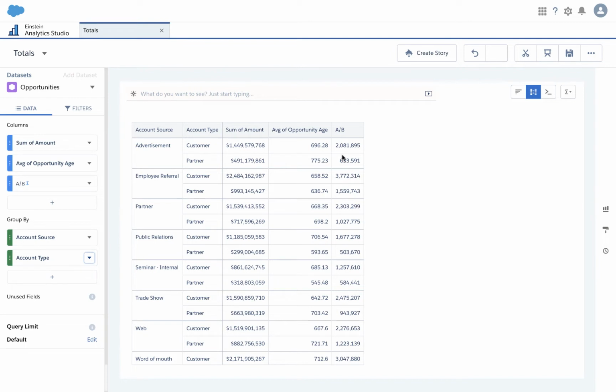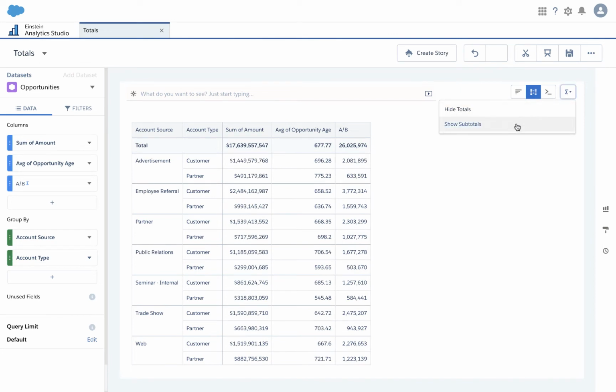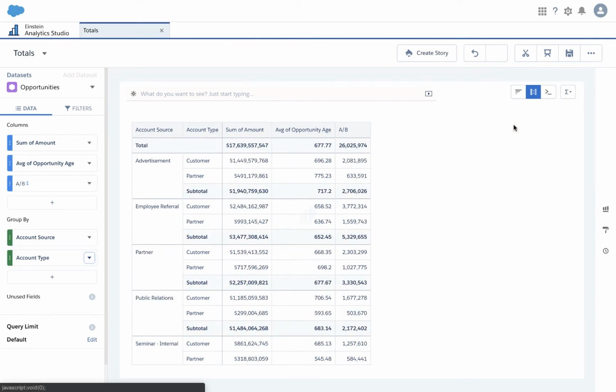First, how do you add subtotals? So you just make sure that you're in the compare table. And if you are, you're going to see this menu right here. You have the ability to add totals and subtotals. What's exciting here is we've not only added subtotals, but we've also enhanced the way in which we calculate those